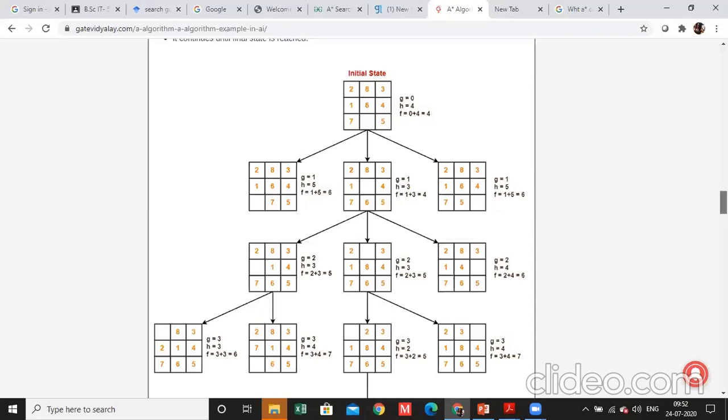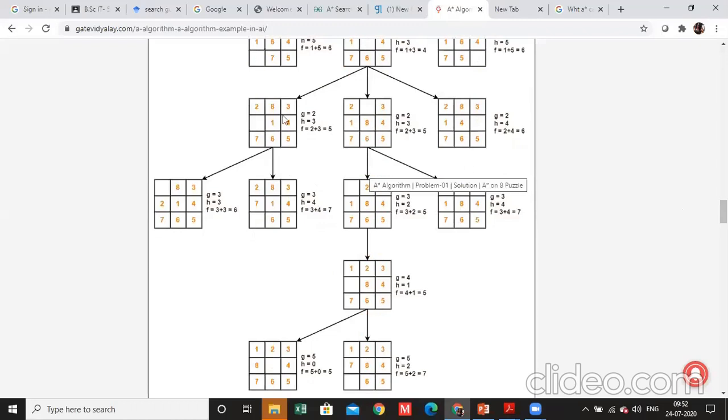Now I have to expand this node at level 2. So what is the value of g? That is g is equal to 2. Means we already defined the function as the depth of the node, that is g. So here all the values of g are equal to 2. Now further 3 movements are possible: one is go to the left, and up and right. Now I have to calculate f further and check which is the minimum value. Here given the value 5.